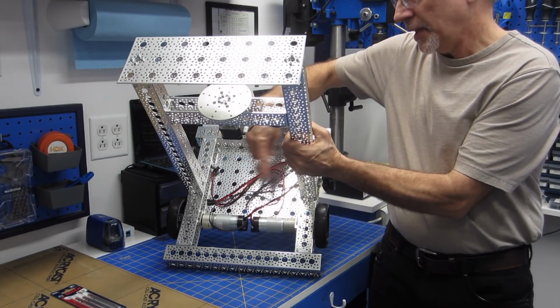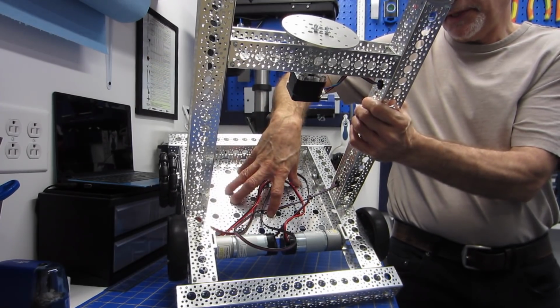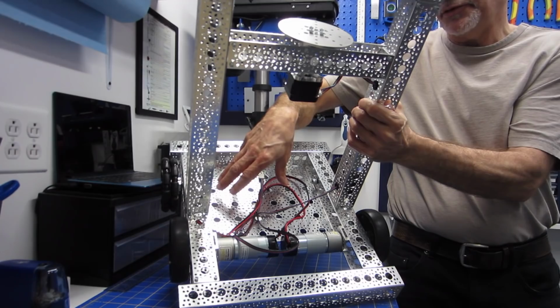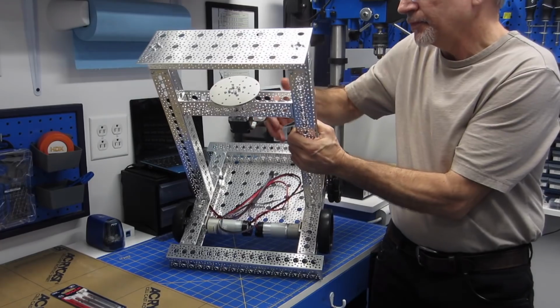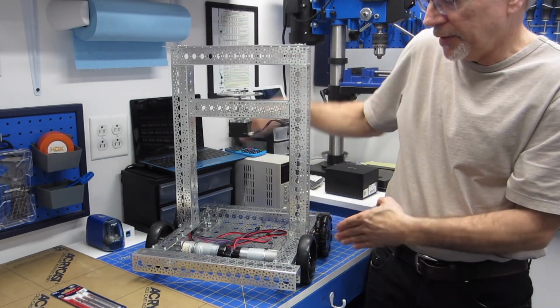I'm going to have the batteries down over here. That way this plate can hold them. It's nice and strong. Plus all the weight will be centered and at the bottom where I want it. As you can see, of course, I've got a large tower over here that I said I'm going to be